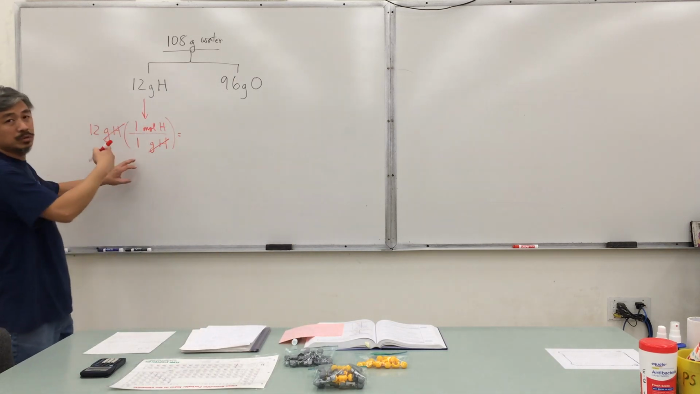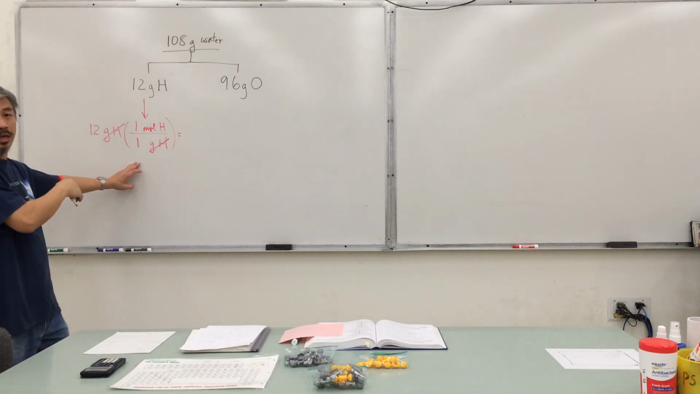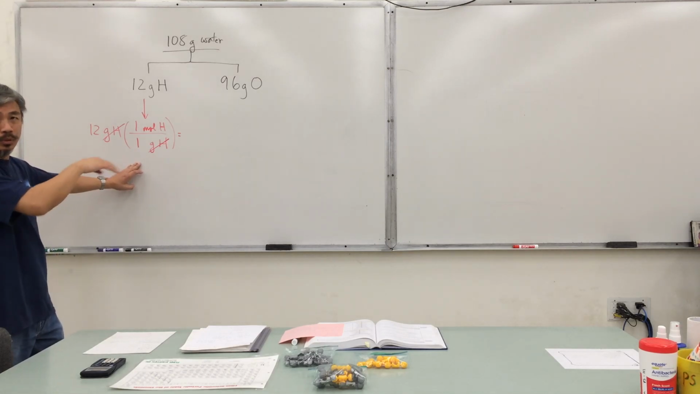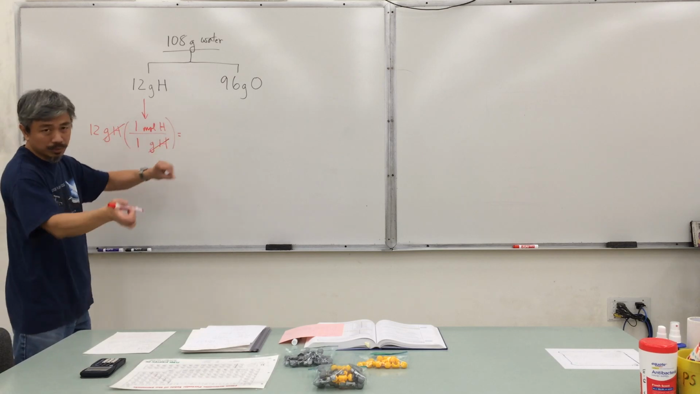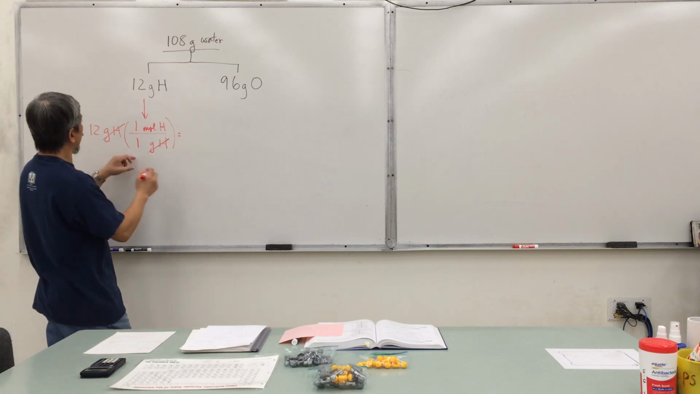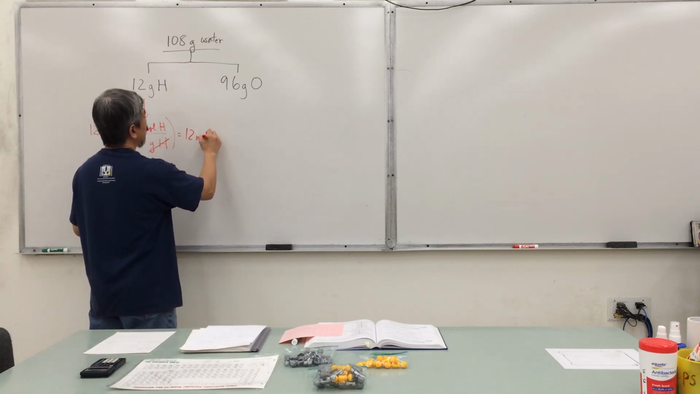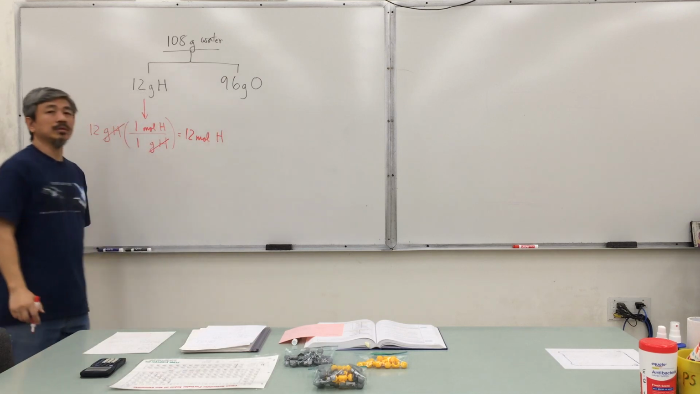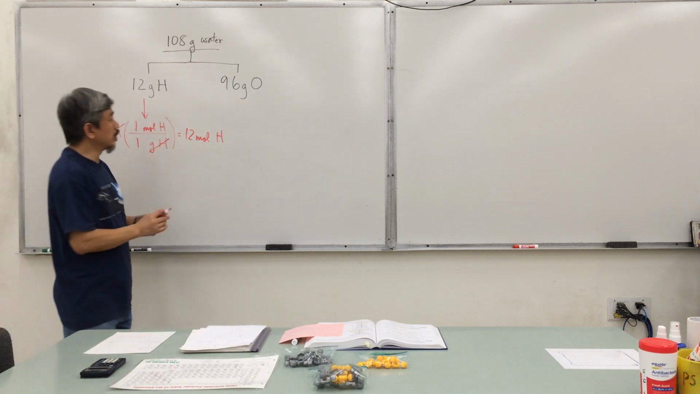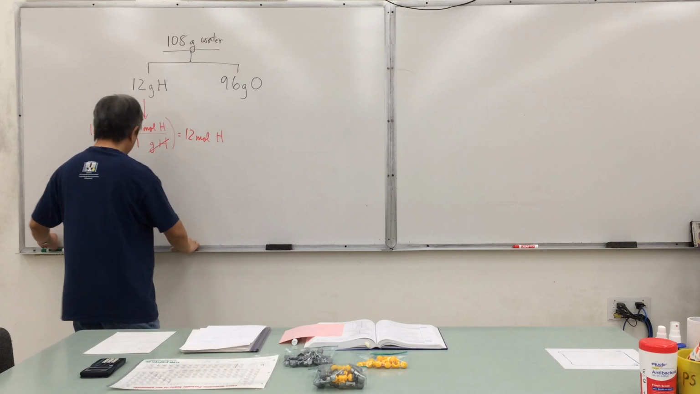Again, I just use the rounded off number. In your case, if you were to do this for a problem, you should put in the whole number, the actual number based on the periodic table. So when I work this out, I now have 12 moles of hydrogen. 12 moles of hydrogen. On the other side, if I look at the oxygen now, how much oxygen do I